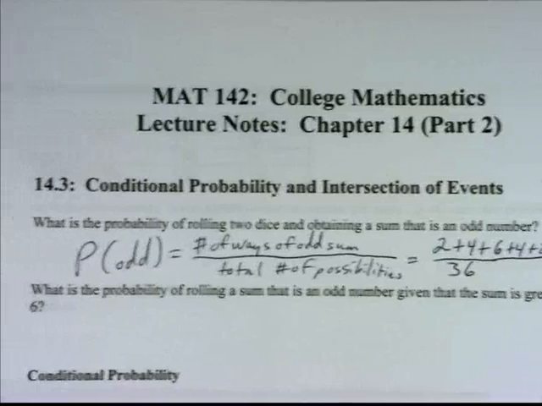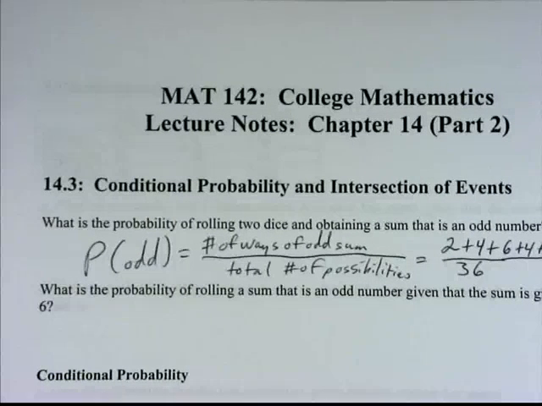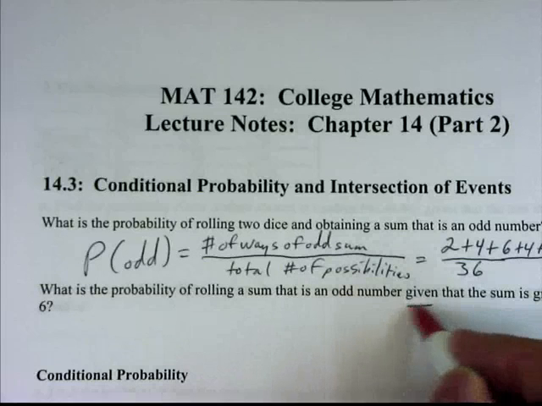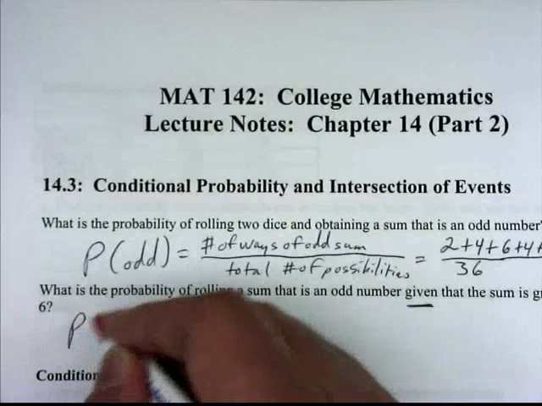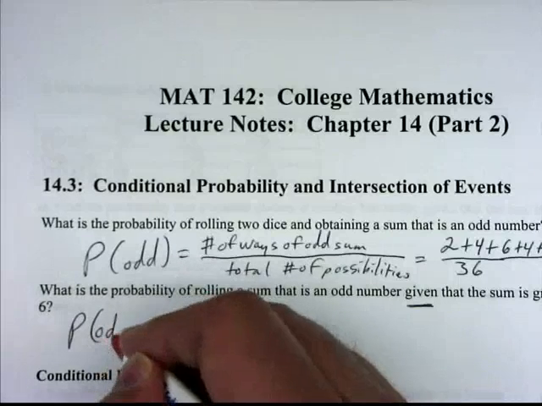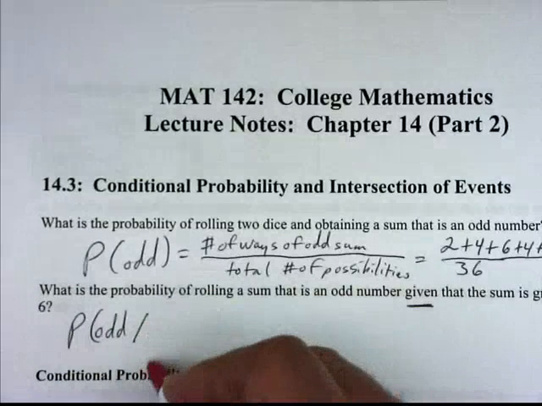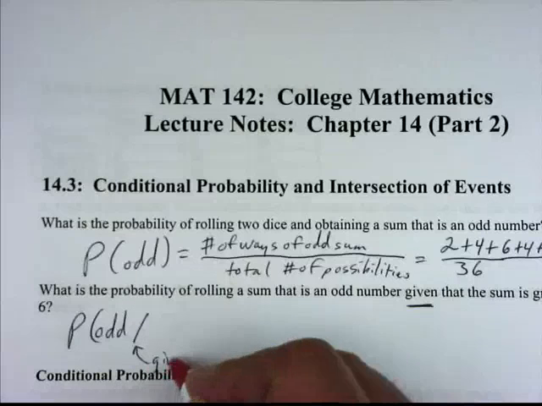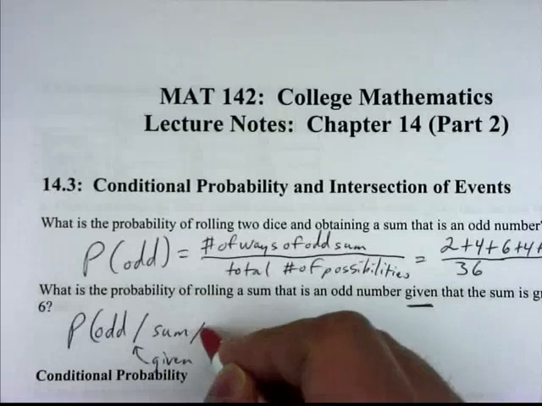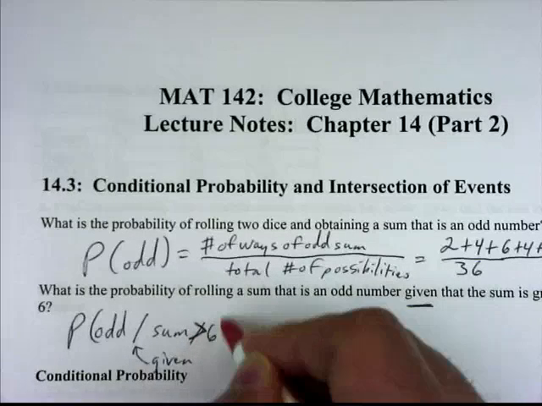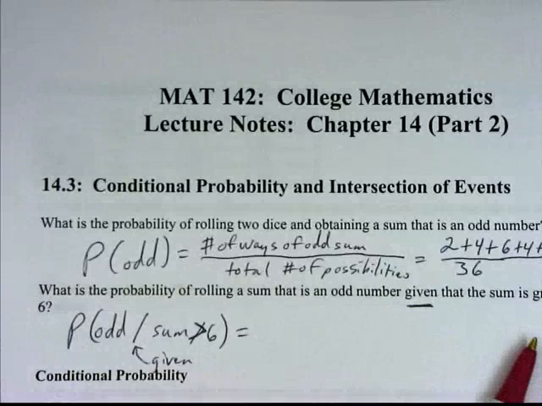Okay, the second question says, what is the probability of rolling a sum that's an odd number given, and here's a key word, given that the sum is greater than 6? In other words, what is the probability of rolling an odd number given, and I'm going to use this line to represent given, that our sum is already greater than 6. Well, I go back over to